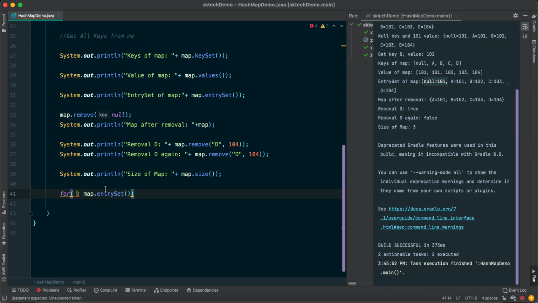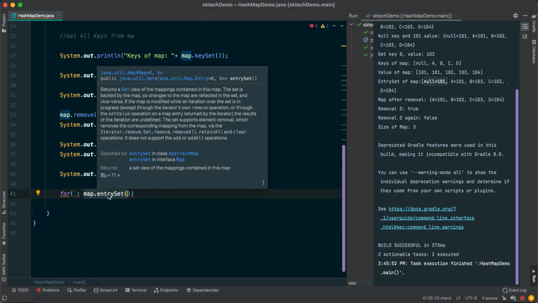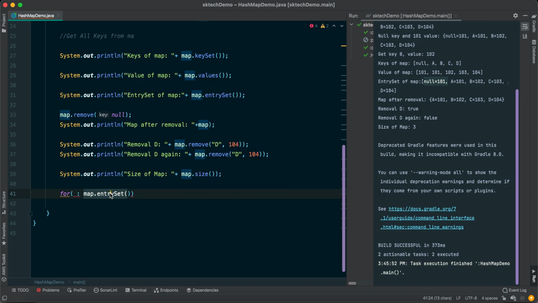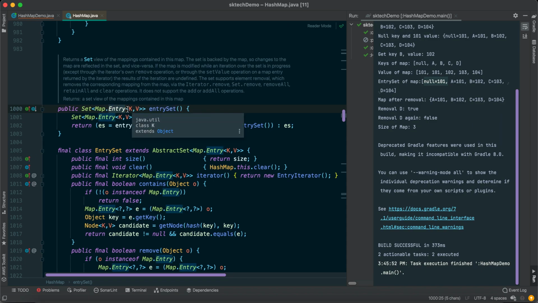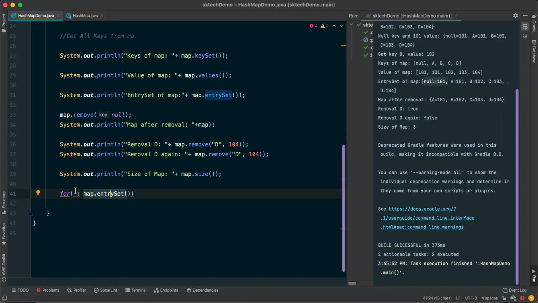For each, we need to provide the output type, meaning the type of the element it is going to return. We know this is an entry, so it returns an entry. If you want to check, go inside that method and see the return type is a set of entries. Okay.